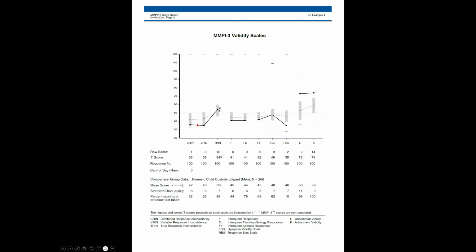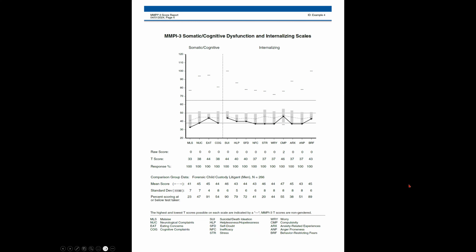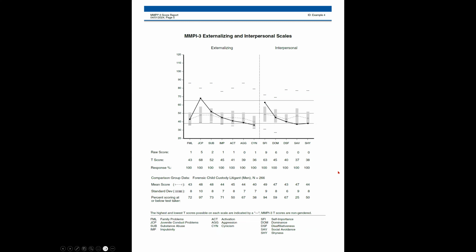Also very careful, cautious, and deliberate in his approach to making sure not to contradict himself when responding to the MMPI-3 items. RC4 approaching a T-score of 65, at the 95th percentile for a male child custody litigant. On the other hand, with the effort to appear well-adjusted emotionally, very low scores on the interpersonal scales. In fact, a row of 0 raw scores with the exception of a 2 on the compulsivity scale. And that may very well be a reflection of some underreporting in this case.